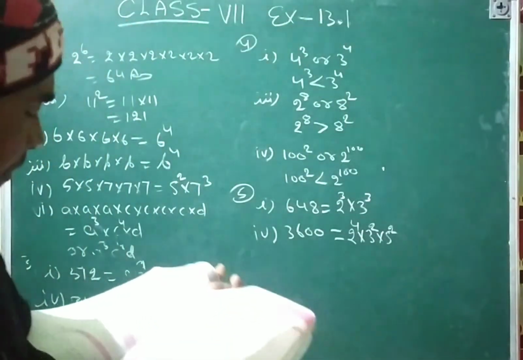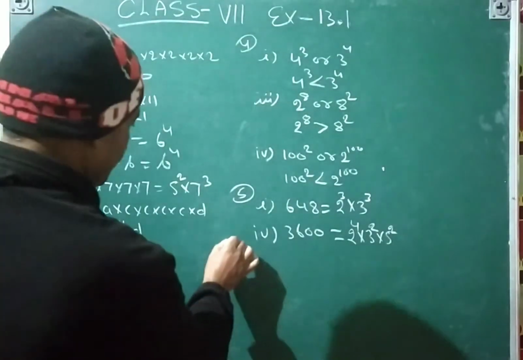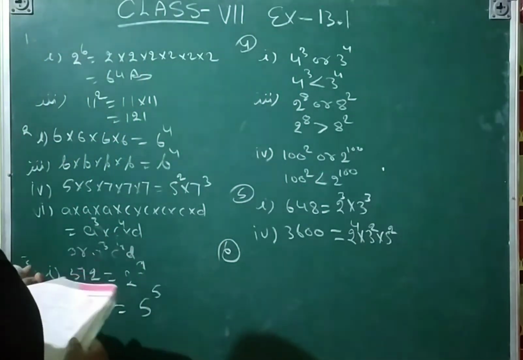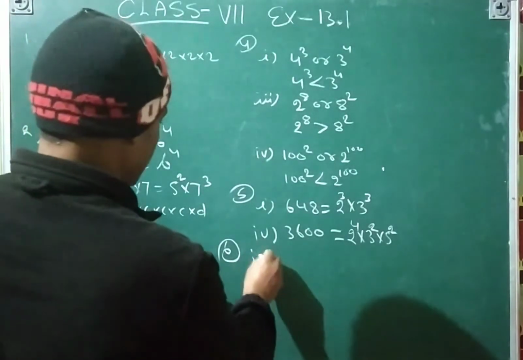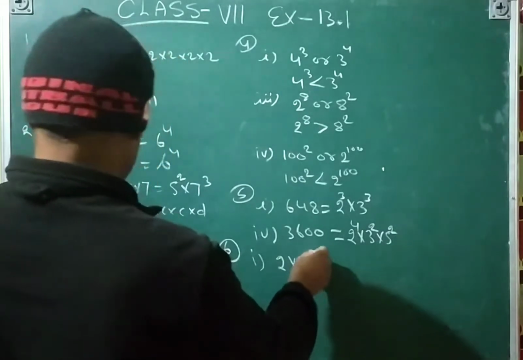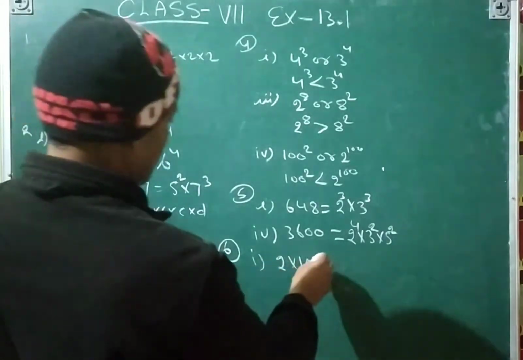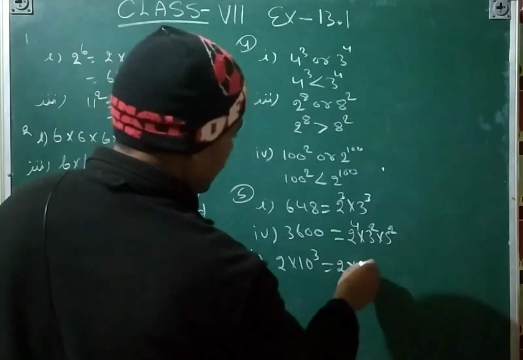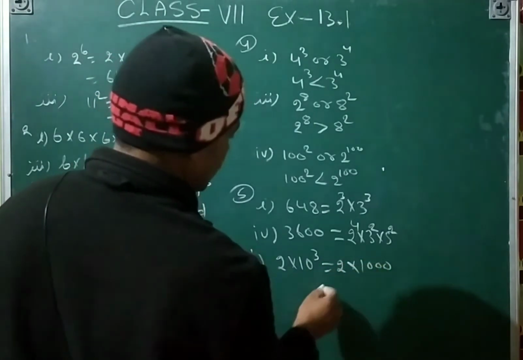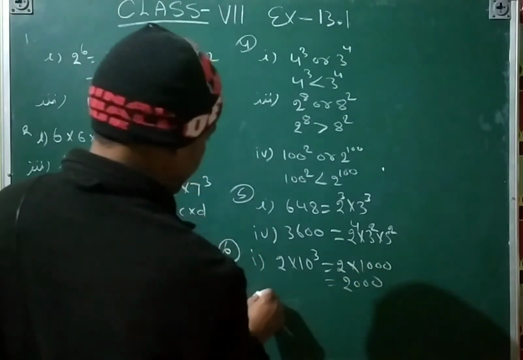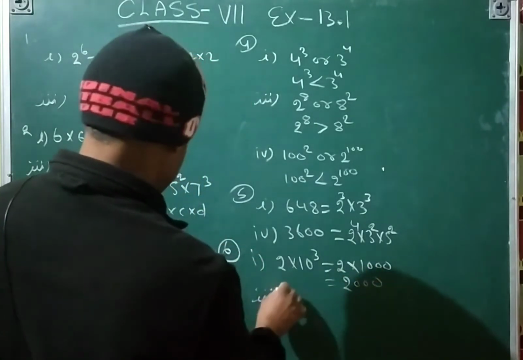And next question is the sixth question, that is simplify. Simplify means we will write in the simple form. 2 into 10 power 3 means we will write here 3 zeros. So that is 2, and then 3 zeros. Third part,